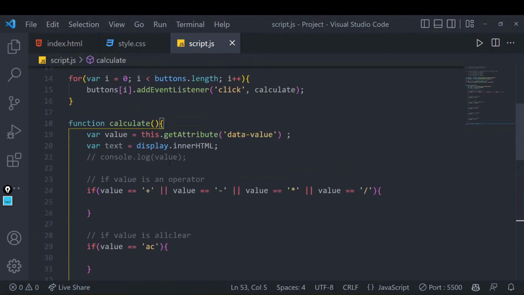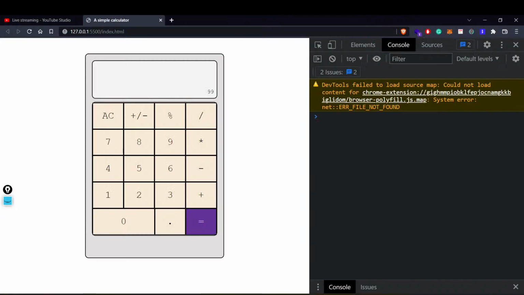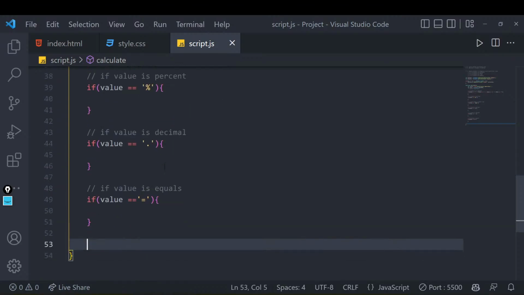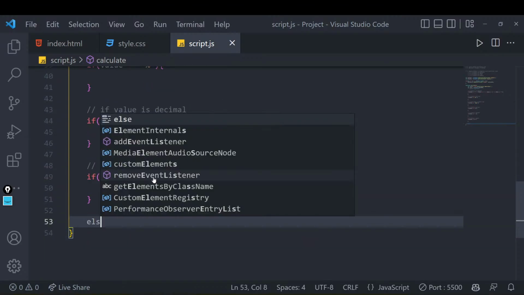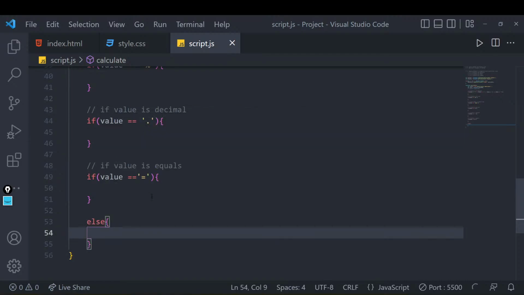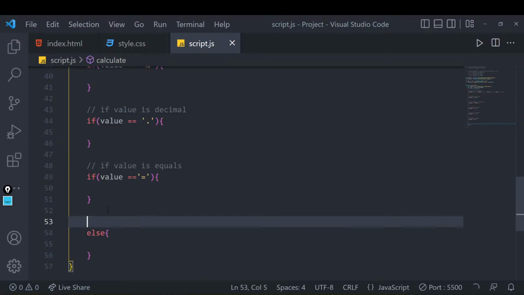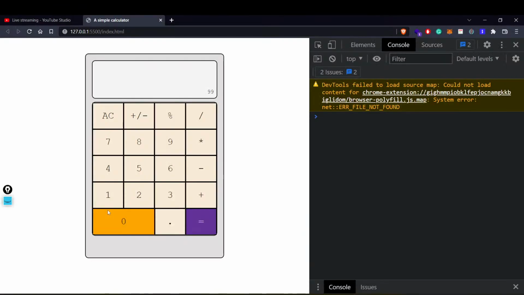But if we have considered everything, do we need to check 1, 2, 3, 4 separately? We will say if we click on any other button that is not all these things, that will mean this is a number for you, right? Is the clear, negate sign handled? That is handled, and everything is handled. Now we will say else, right? Everything remaining, everything apart from that will be a number, definitely. If value is a number, right? So once we have done that, 90% of our coding is done, right? 90% of our making calculator is done.